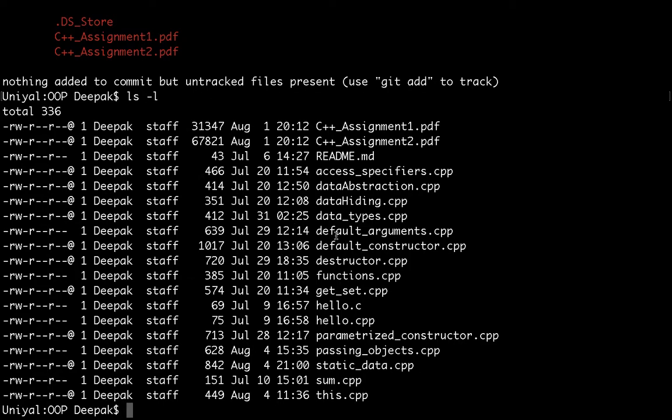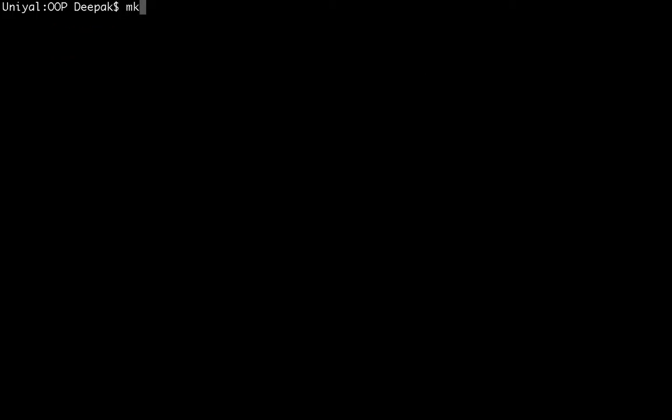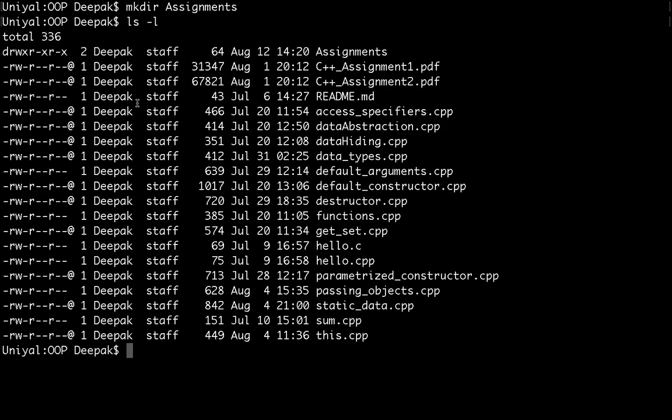Right, everything you are doing here right now, just imagine that you don't have any git or github, right? Because that is the thing that is confusing you. So do as you do in your normal computer. So what I will do, I will create a directory with name assignments. So now check it again, and now you have one directory here. And how do you know that this is a directory? Because this is first entry here, which is D, so that means this is directory, right?